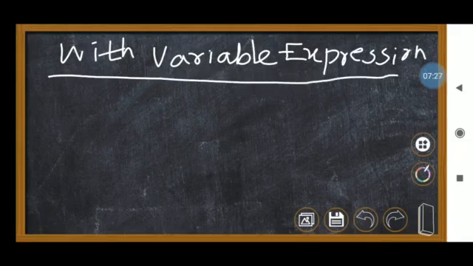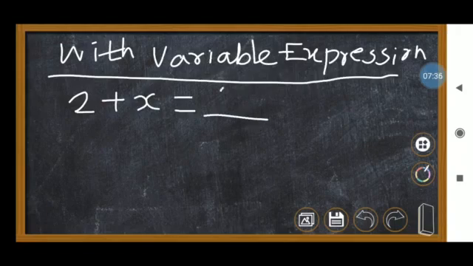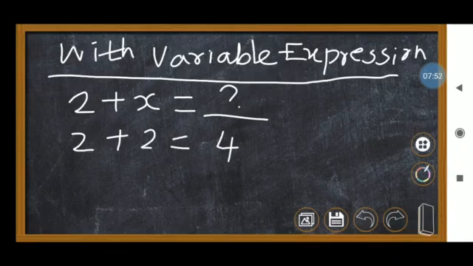So the with variable expression means, for example, see here, 2 plus x. So what is the value? 2 plus x. Here we cannot say any value, right? 2 plus x, they didn't mention the value of x. So we can write 2 plus x as 2 plus x only. We cannot write, for example, 2 plus 2. 2 plus 2, what is the value? This is 4. Easily we can write the answer, because here also a number, there also a number. So 2 plus 2 is equal to 4. But what about 2 plus x?